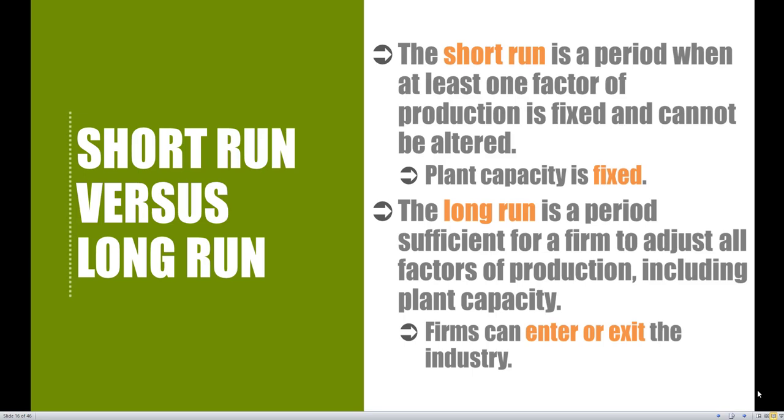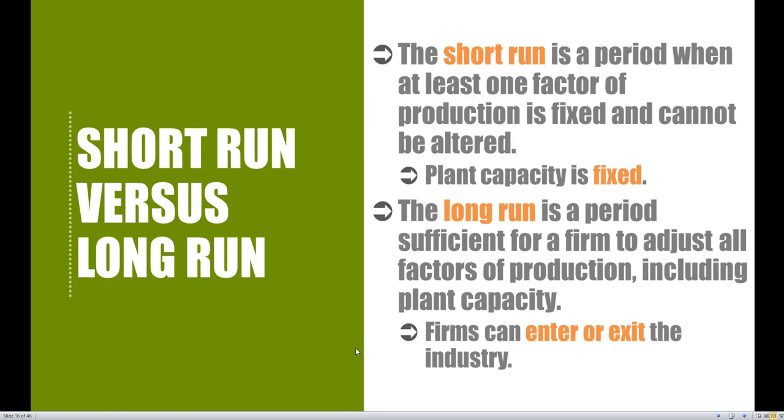We want to turn our attention to production now. So how does a firm know exactly how much quantity of a particular good they're producing to bring out into the marketplace? It does depend on the time. So here we take a look at the short run versus the long run. And if you remember from chapter number 5, where we talked about elasticity, we talked about the time differentiation there, and this is just going to be a little bit of a review from that.